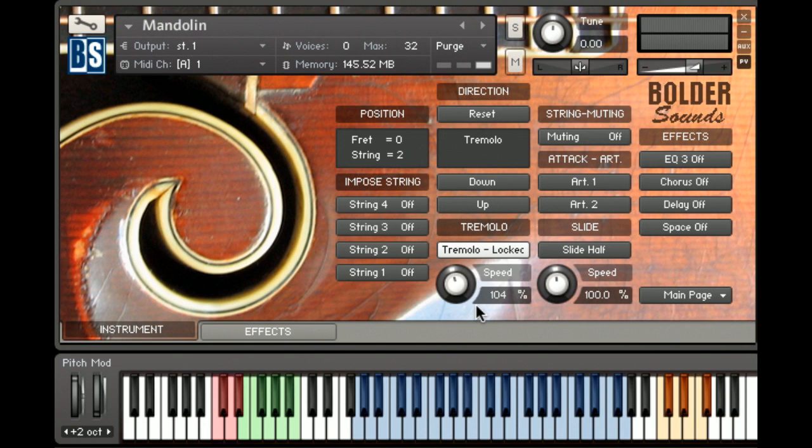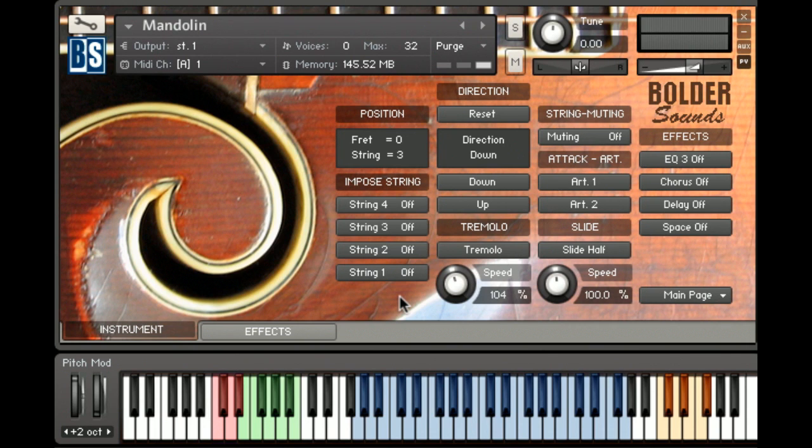Also, I can control the volume with my mod wheel, and that can be set up whatever way you like on the settings page, which we hopefully will have time to get to. So here's a little bit of volume modulation with the mod wheel. And of course, you can control those two parameters independently. So if you're sequencing in your DAW, you might do one pass with volume mod wheel changes, and then you might adjust the speed on the next pass. And so that way you have a lot of control over the